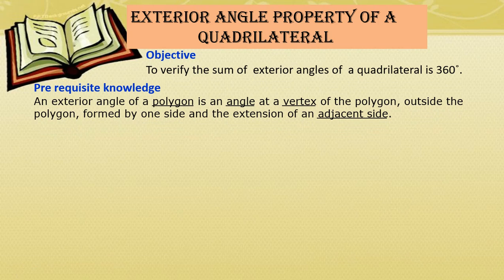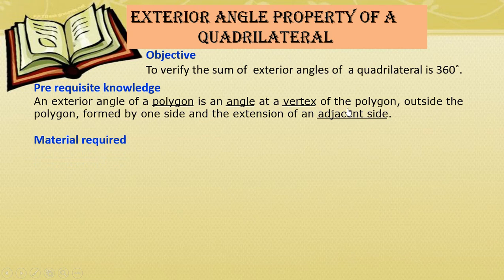So we need to know here what a polygon is: a closed figure made by joining line segments. Exterior angle: it has its vertex on the polygon, and it is formed by one side and the extension of an adjacent side. So this is the definition of the exterior angle of a polygon: the angle at a vertex of the polygon, outside the polygon, formed by one side and the extension of